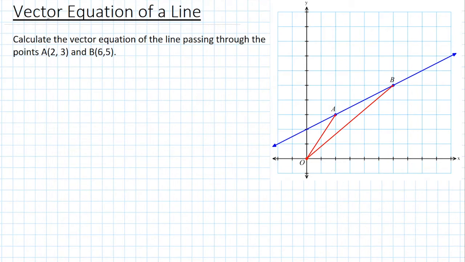How to find the vector equation of a line. Let's assume that we wanted to calculate the vector equation of the line passing through the points A (2, 3) and B (6, 5). What I'm going to do is go through the old method of how